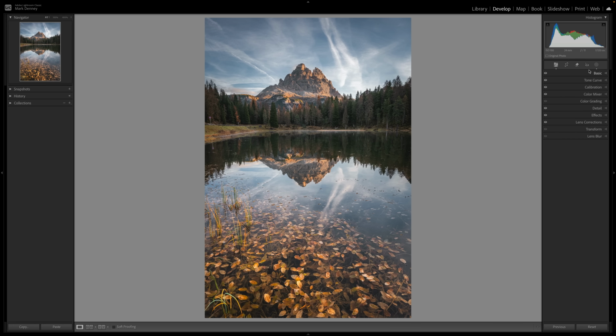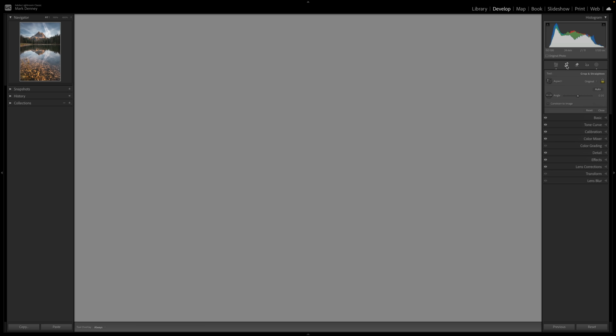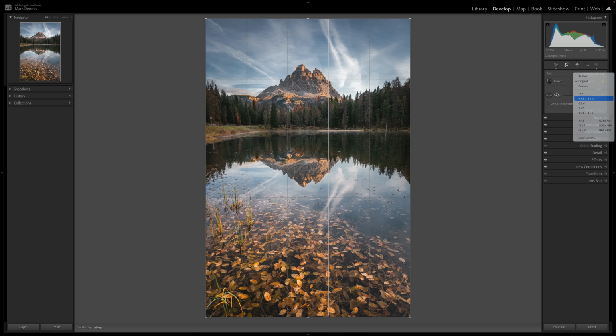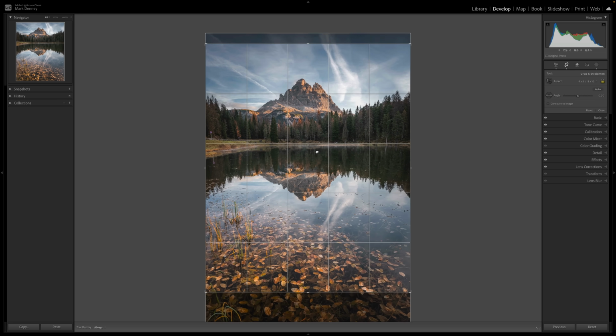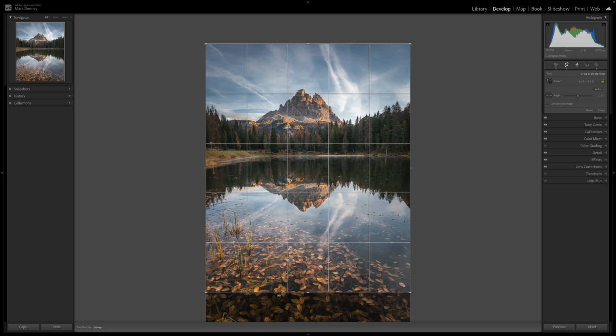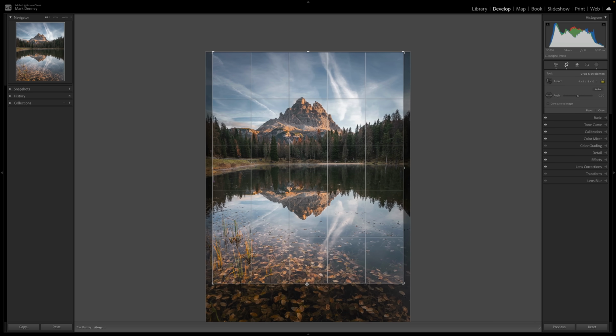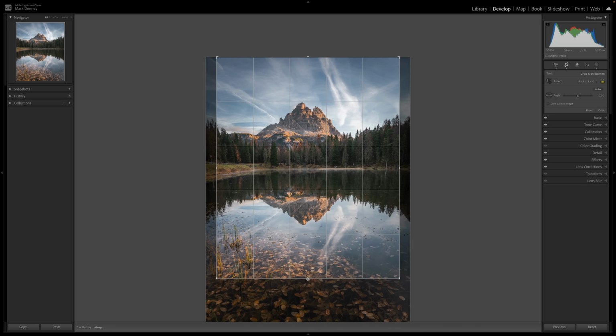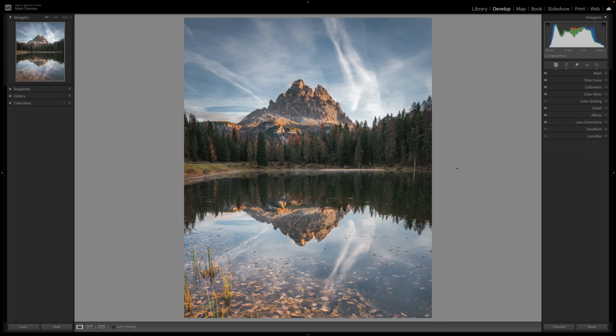This is another image from the recent trip to the Dolomites. Let me hit the crop tool here, and we can bring that 4x5 in if we want to. And if we bring it up a little bit, so what happens a lot of times, and I do this all the time with reflections, you know, it's a common question, where do you put the horizon in your scene? If it's a reflection, a lot of times I'll put that horizon dead center of the photograph, something like that,